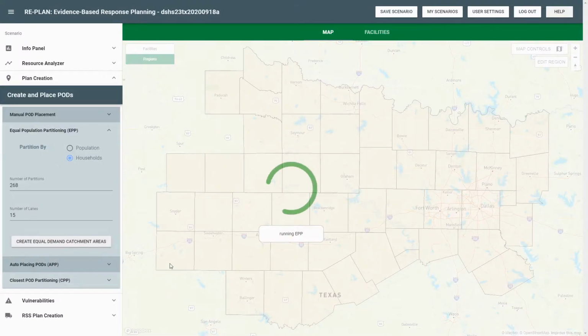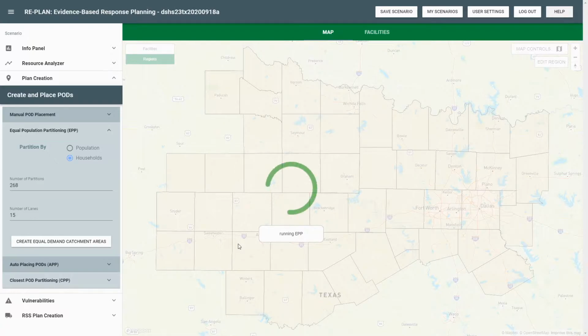Now the next thing I'm going to do is I need to figure out, now that I know how many pods I need, where to place those pods. Across a region as large as this, I'm going to have thousands of different facility types, including schools, pharmacies, stadiums, so on and so forth. How do I choose 268 of those to serve my population best? Well, obviously we want to have more pod facilities where we have more population. Therefore, you're basically matching the number of resources you're placing in a region to the demand in that region based